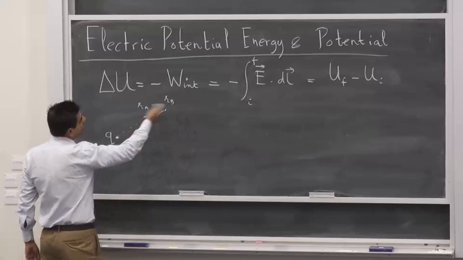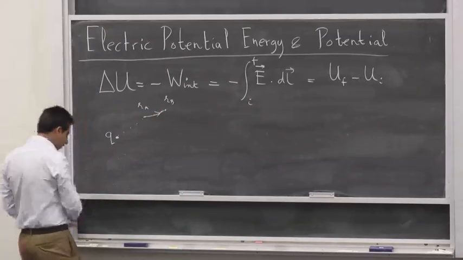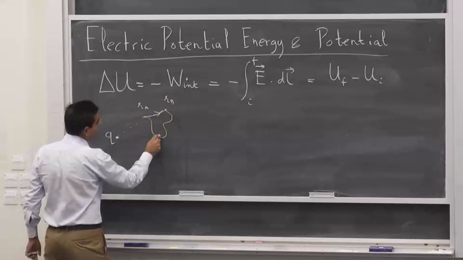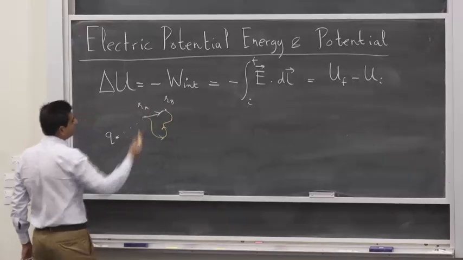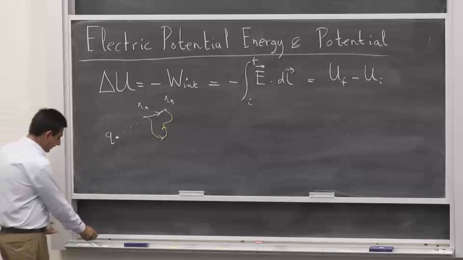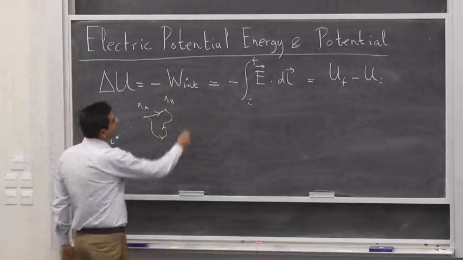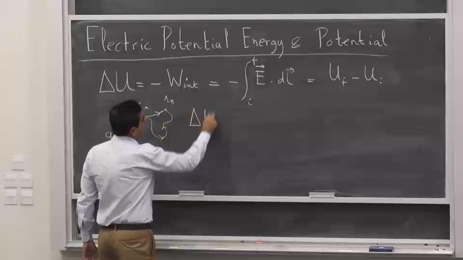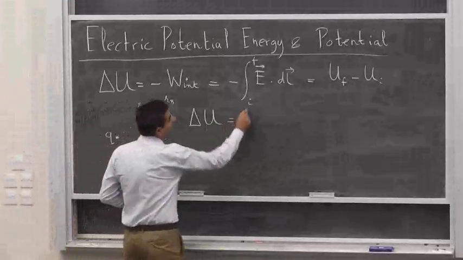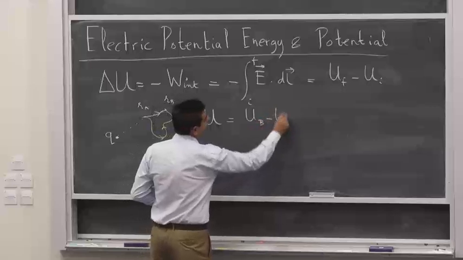This could be along the radius or some tortuous path, some meandering path, any path that we like, even though the field from this charge is radially outward. And we found that delta U, the difference in potential energy from the final to the initial point, was